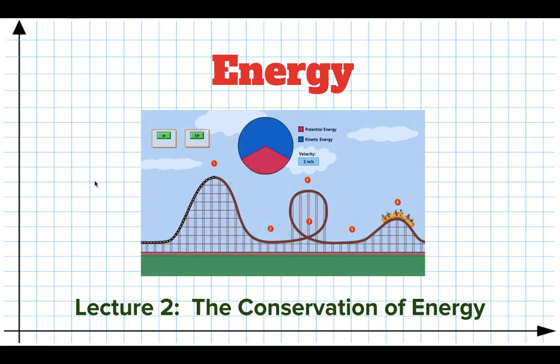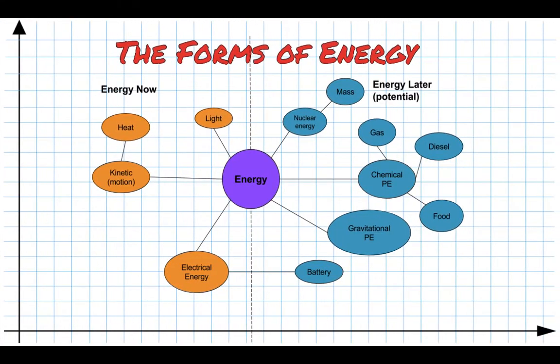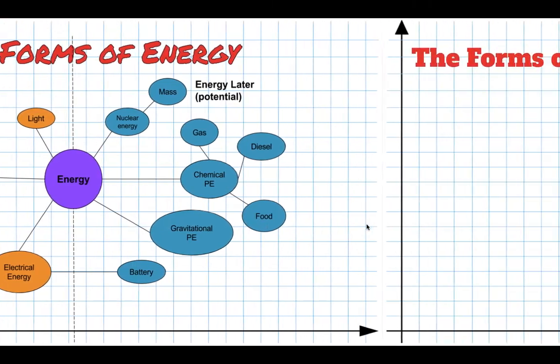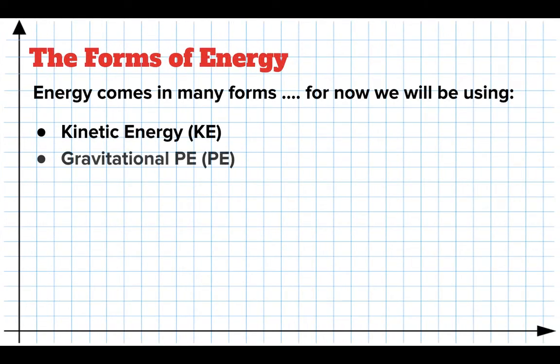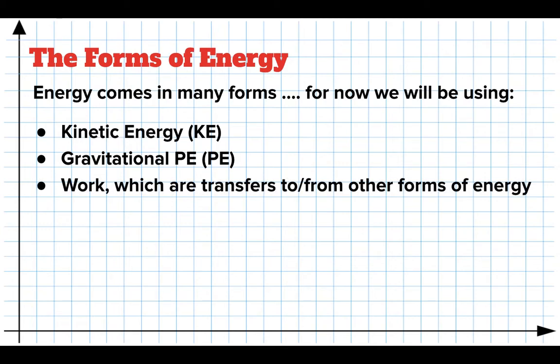So we're going to look at the conservation of energy. We've talked about all the forms of energy, or some of the forms of energy, and made a map. We are right now worried about kinetic energy and gravitational potential energy. We will later add energy that is stored in springs, but for now that's the two we're interested in. So kinetic energy, gravitational potential energy, and of course the work, which is just a transfer of energy from one